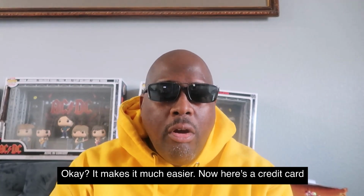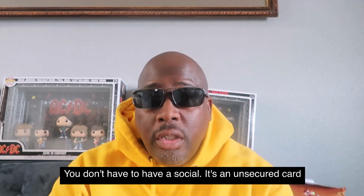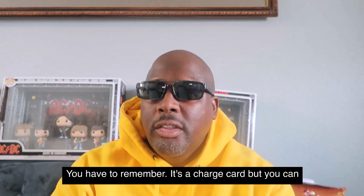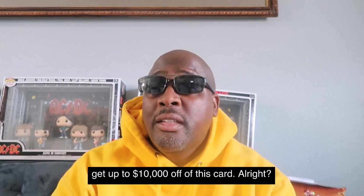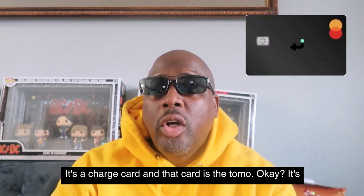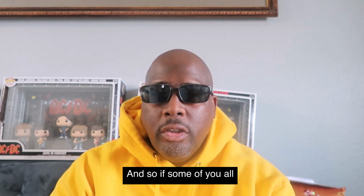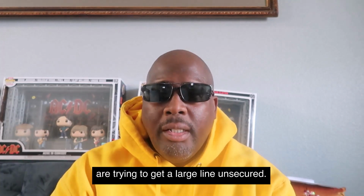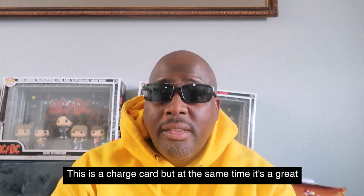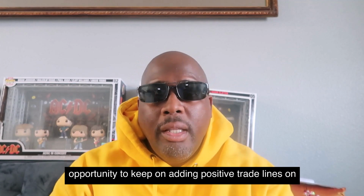Now, here's a credit card that you want to check out. Here, you don't have to have a social. It's an unsecured card, but it's a charge card, okay? You have to remember it's a charge card, but you can get up to $10,000 off of this card, all right? That card is the Tomo, the Tomo MasterCard, all right? And so if some of you all are trying to get a large unsecured line, this is a charge card, but at the same time, it's a great opportunity to keep on adding positive trade lines on your file,